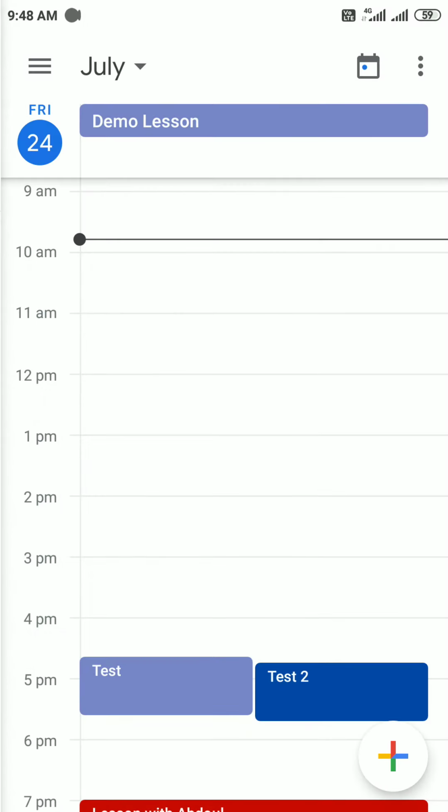We are going to add an event to this calendar, and this event will be on a daily, regular basis. So we will create an event and add a Google Meet link for that event. We will provide this link on their WhatsApp group and send a message that this is the link for the online classes for that particular standard, that particular class. So every day they have to click on this link only to start the classes. And inshallah this will solve the problem which we are facing now.